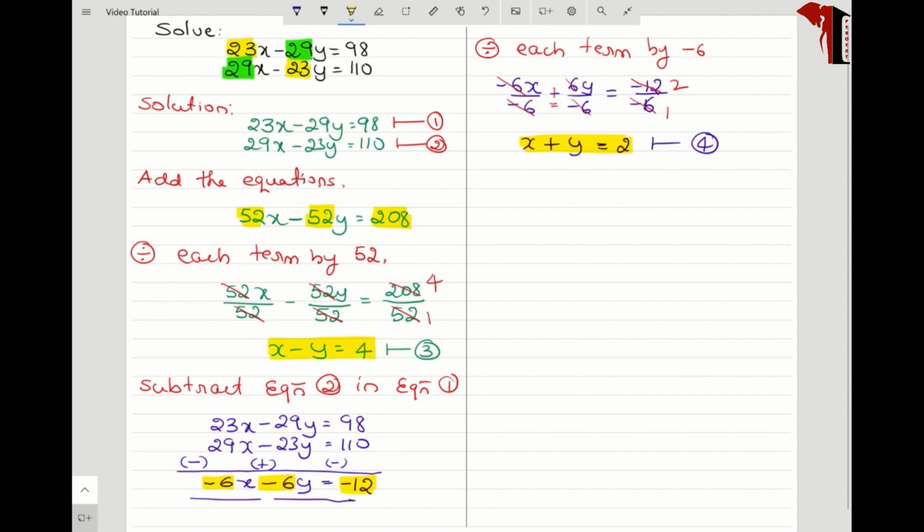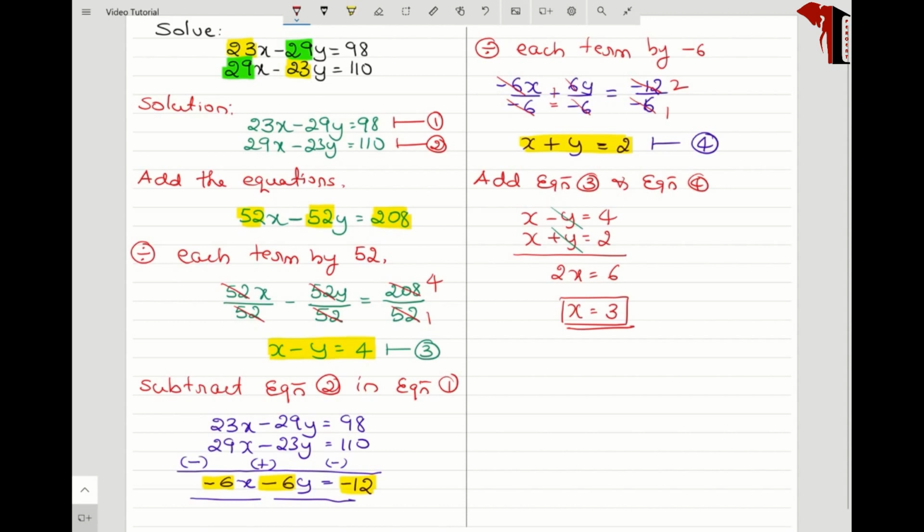Here it is very much clear that compared to the question, that means equation 1 and equation 2, equation 3 and equation 4 are gradually reduced. So next is our last step: add equation 3 and equation 4. So what do you get? It is x minus y equals 4 and x plus y equals 2. While adding these equations, y and y get cancelled. So the answer you get is 2x equals 6. So x equals